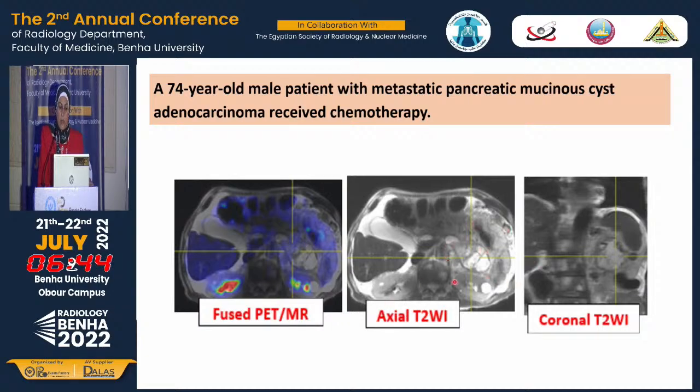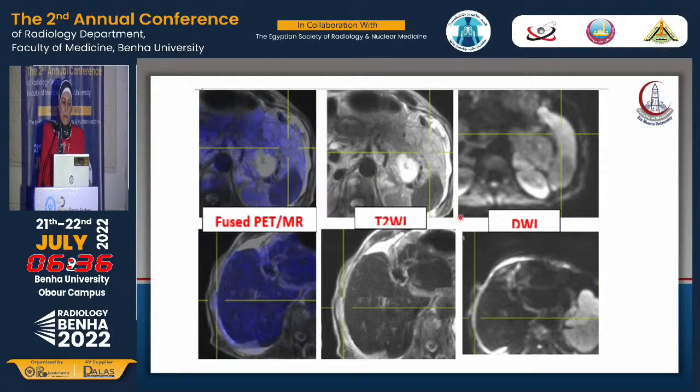And on the MRI, we can nicely demonstrate the mass with its high mucinous content, and this is the coronal image showing the mass at the pancreatic tail. What about the extent of the mass? We can see that there is negative uptake at the ascites, and this is a nodular appearance at the ascites, which was demonstrated on the diffusion weighted image as restricted diffusion. And this raises the possibility that this is not just ascites, this is peritoneal carcinomatosis with mucinous infiltrate at